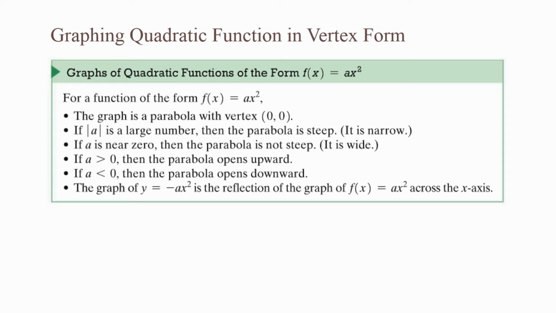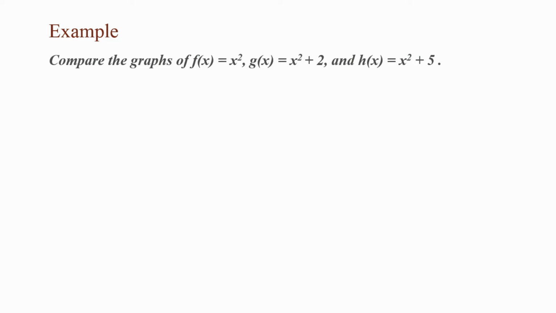The graph of y = -ax² is the reflection of the graph of f(x) = ax² across the x-axis. In this example, compare the graphs of f(x) = x², g(x) = x² + 2, and h(x) = x² + 5. Going back to our calculator,